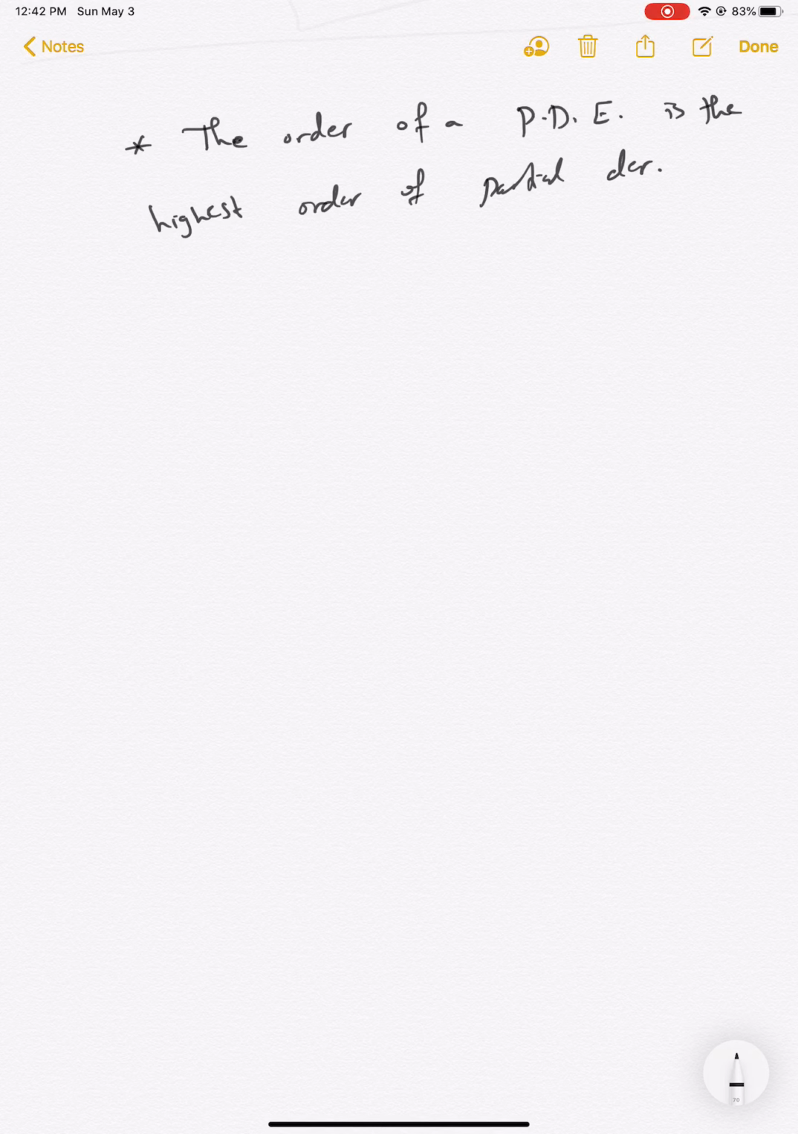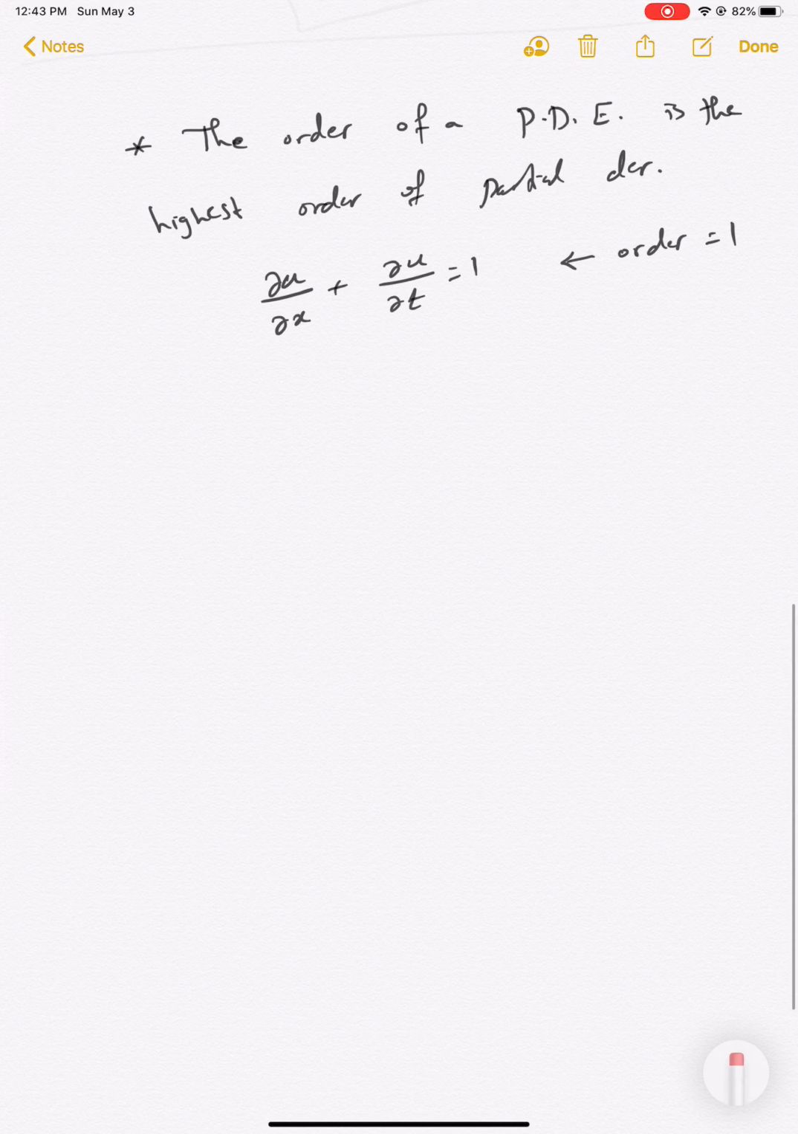So for example, if you have this partial differential equation, what is the order of this partial differential equation? The order is 1. We don't say 2, although we have a derivative with respect to x and a derivative with respect to t, but the highest derivative is 1. We don't have a second derivative, for example. So this is the order of the partial